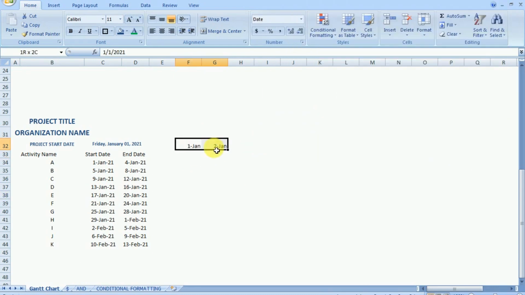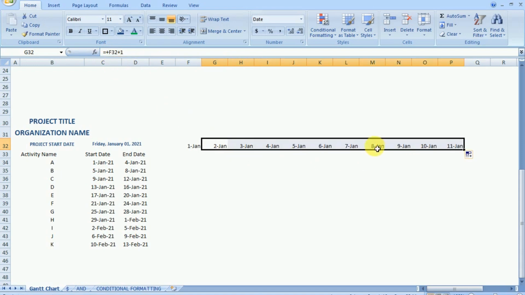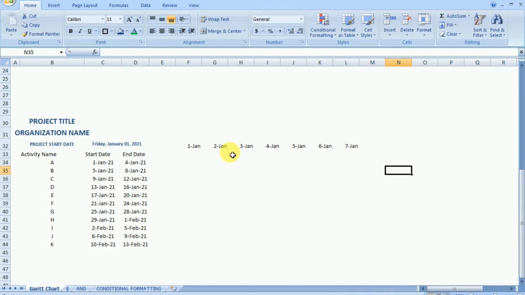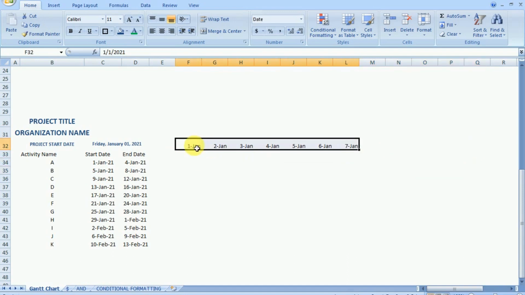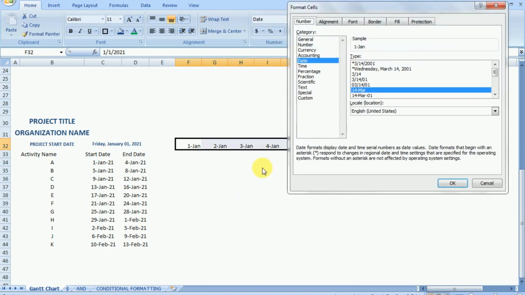Now I can change the format also. Now let me make it for 1 week and then we will copy paste it. So I can drag it horizontally. Here we want that when we drag it horizontally, the cell address will move. So you can see we have got the first week.